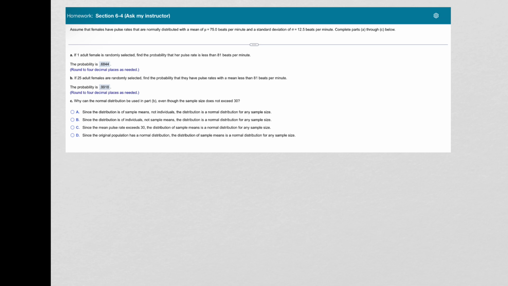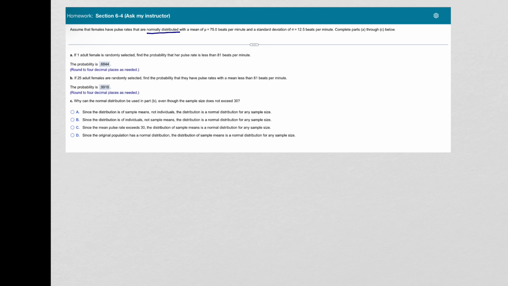So now let's go on to the last bit. It says, why can the normal distribution be used in part B even though the sample size does not exceed 30? Originally, they said that pulse rates were normally distributed. So when we are using the central limit theorem, and that was where we modified that standard deviation to use